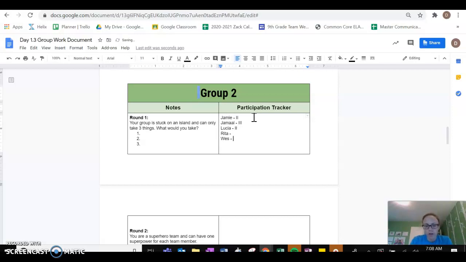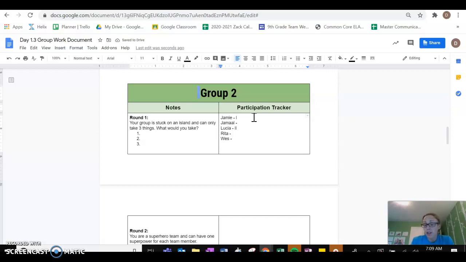So once again, I'll run through this one more time. Scroll down to group 2. Each time a person speaks, just use the capital I. You can also use the L, that's also another good one. Each time a person speaks, you give them a mark. Jaime speaks, give him that mark. Lucia says something really insightful and speaks for quite a long time. I'm going to give her 2 marks because that was pretty impressive.